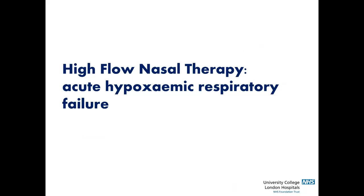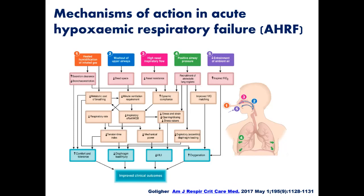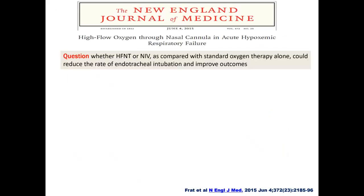So now turning to some of the clinical data, we can imagine how we might employ high-flow nasal therapy to benefit our patient cohorts. I won't dwell on this, but refer to this nice review in the Blue Journal, detailing the mechanisms by which high-flow nasal therapy might benefit patients in hypoxemic respiratory failure. But this is the study that really put high-flow nasal therapy on the map, so to speak. And in it,